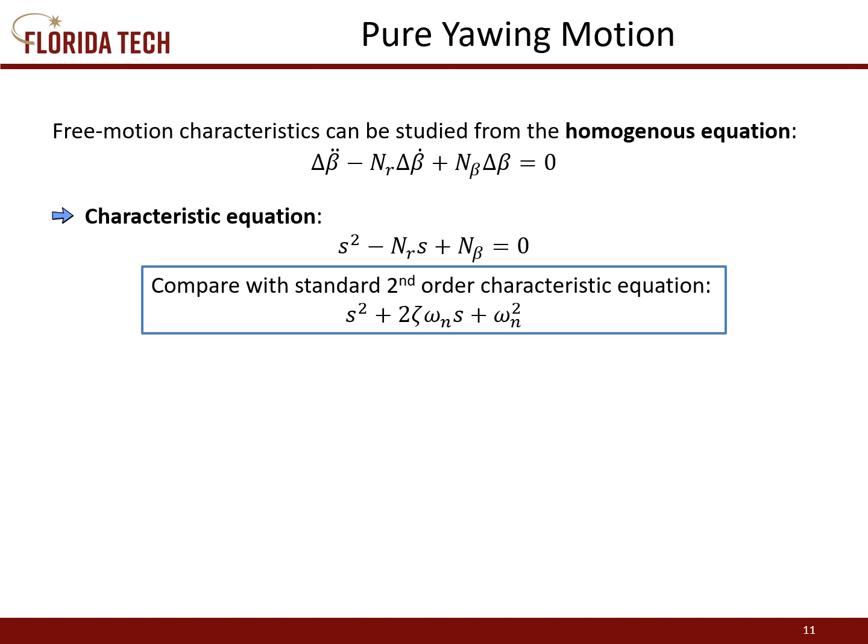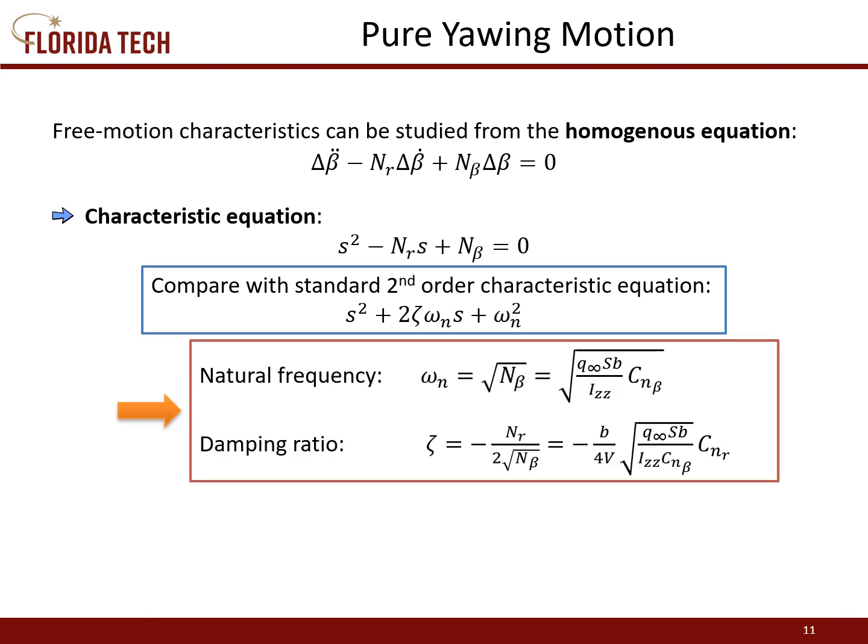Once again, our free motion characteristics can be studied just using the homogeneous equation. So we'll set the right-hand side to 0. That gives us a second order characteristic equation. So we're going to have a damping ratio and a natural frequency. We can do the math there and figure out that the natural frequency is the square root of N beta, and then substituting in the non-dimensional terms, we see our Cn beta